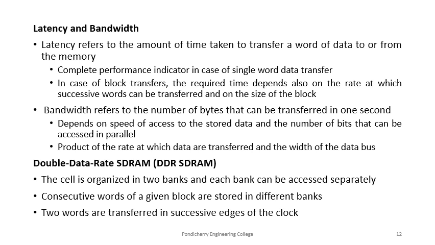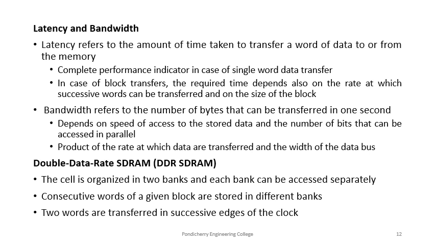In case we have a larger block, a block of 32 bytes, then the performance will be different. So the performance varies depending on how many words we are transferring in each block, and the rate at which we are going to get the successive words. So another term called bandwidth or memory bandwidth is used. This bandwidth refers to the number of bytes that can be transferred per second. So it's another indicator used in case of this burst transfer.